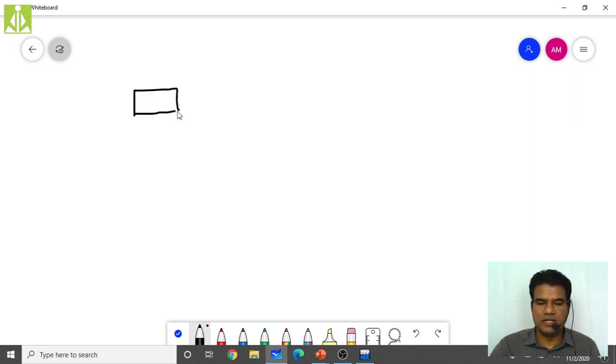Initially, as we said, the stack is empty. So this top is now no more head. We call it top now. Top will become null. Top is going to point to null. The address will be null, like this. So this is your empty stack because we don't have any nodes. We don't have any elements inside this stack. This is the empty stack condition.